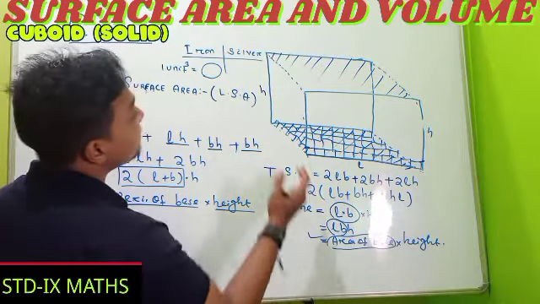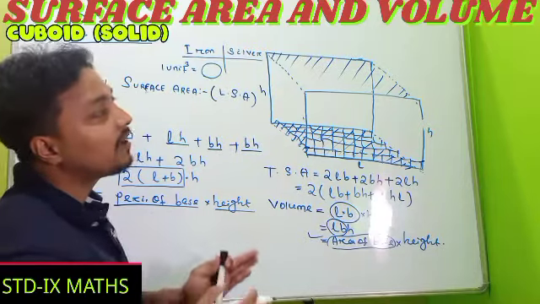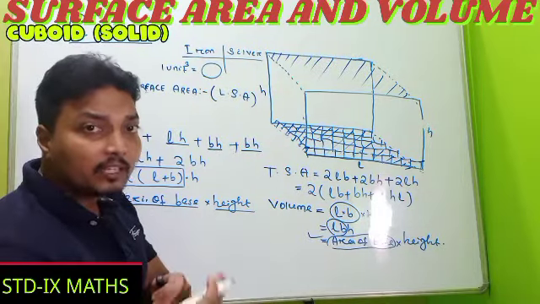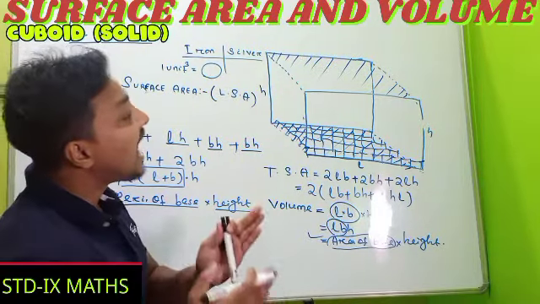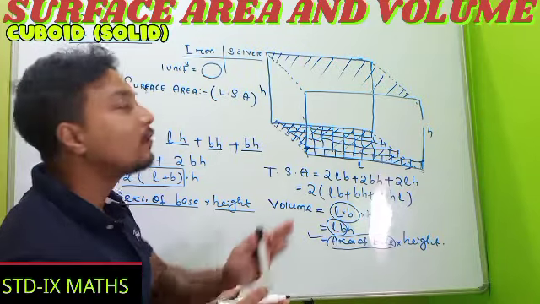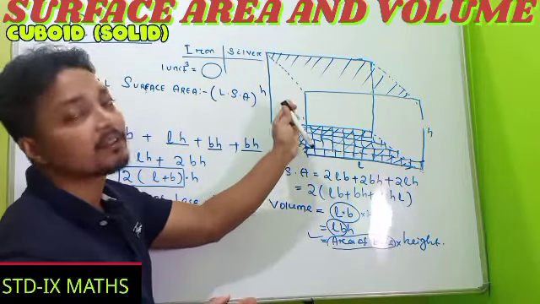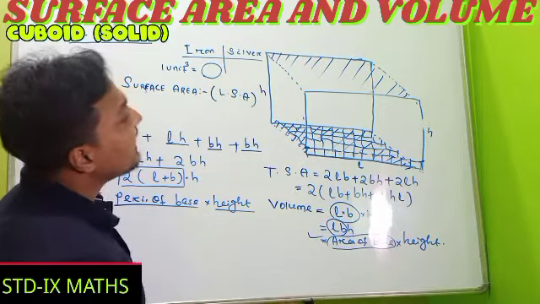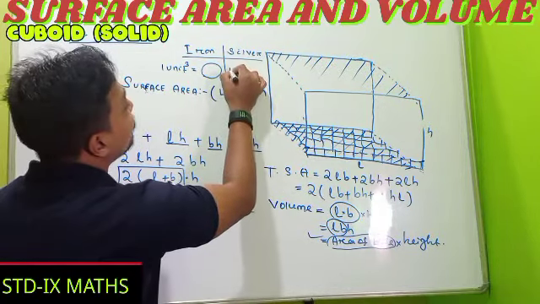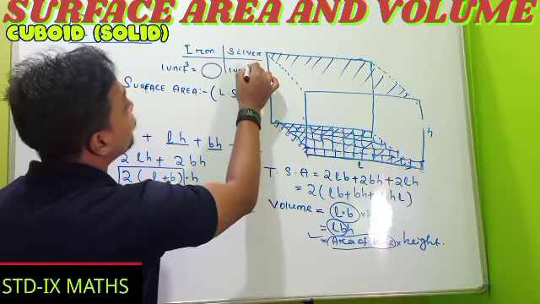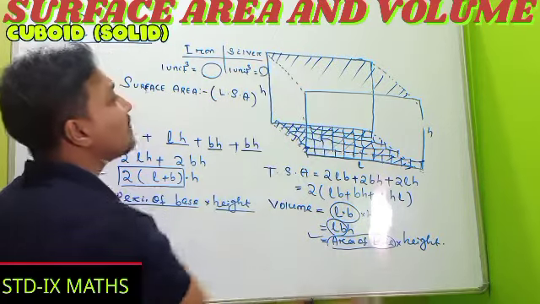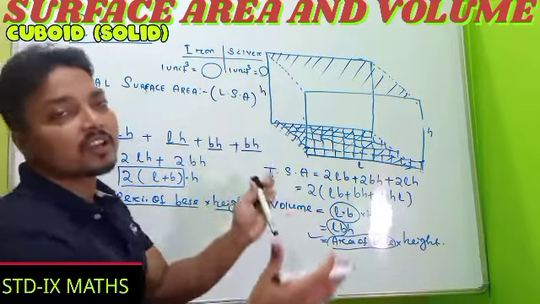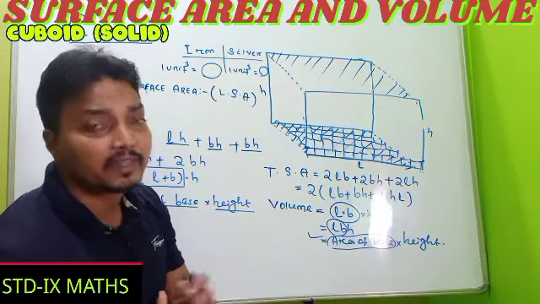In the same way, suppose one is making this type of silver cuboidal structure. So one is asking how much silver is to be required to make a structure of this type, this shape and size. So in that case, first you need to find out always for 1 unit cube, how much silver it needs, so that for the total structure you can find how much silver is to be required.